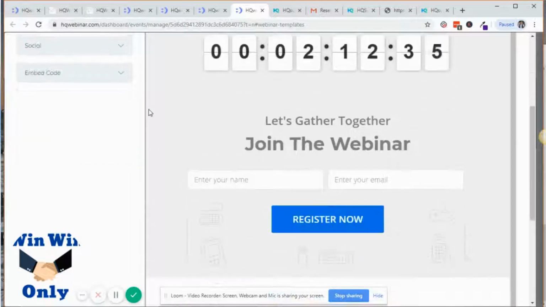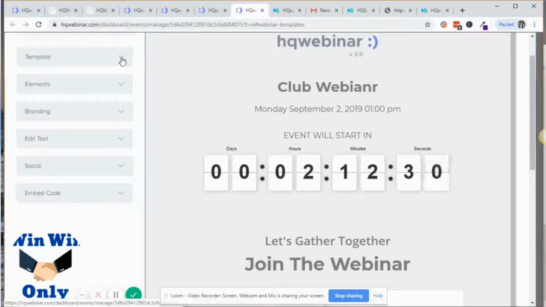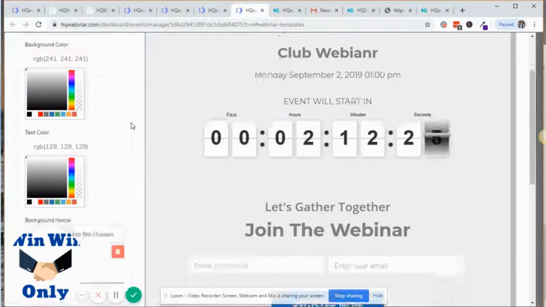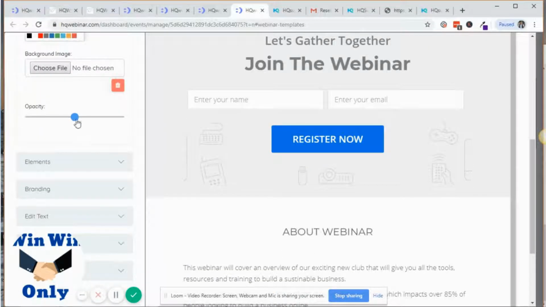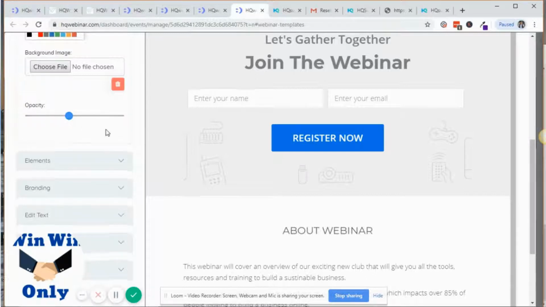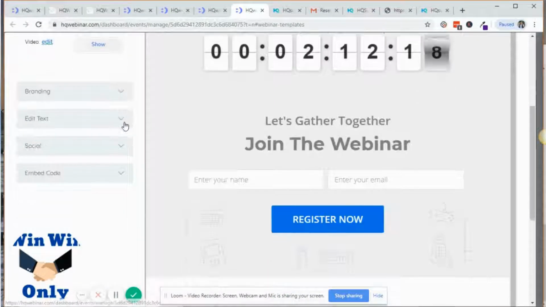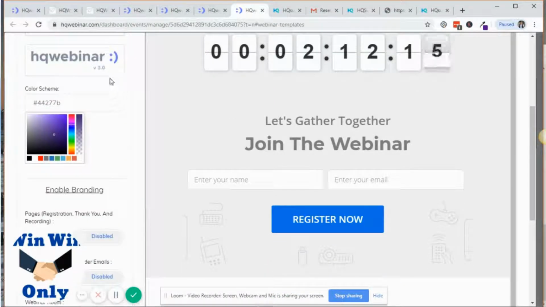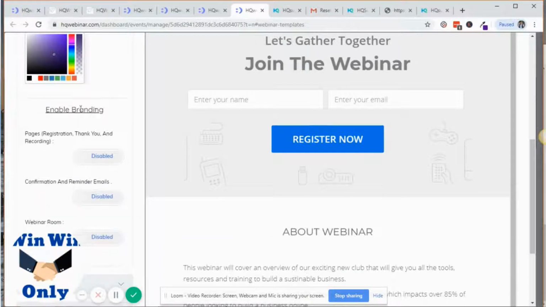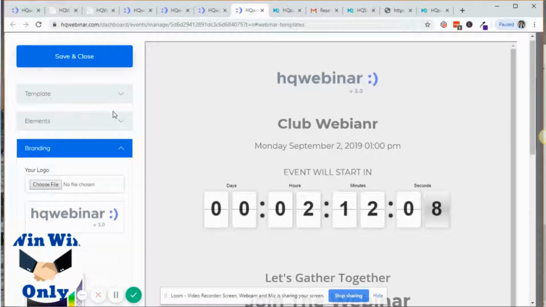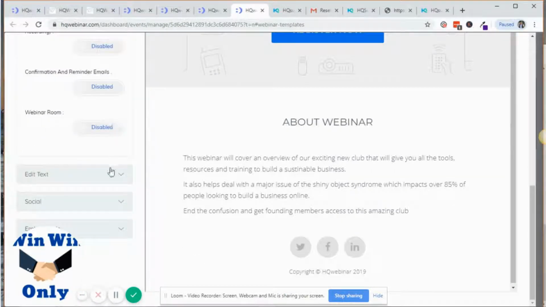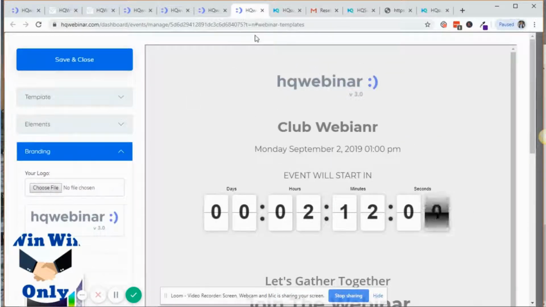When you are editing this, you're able to go in and put your own information. You can choose various templates and colors, text colors, background image, opacity, so you can change the opacity of this. Various elements that you can put in here, headlines, other text, video. Branding, obviously you can change out, put your own image in there as well on your thank you pages and registration, so you can completely brand this because you have the commercial version of this as well. So registration pages, quite a bit of flexibility of what you can do with those,